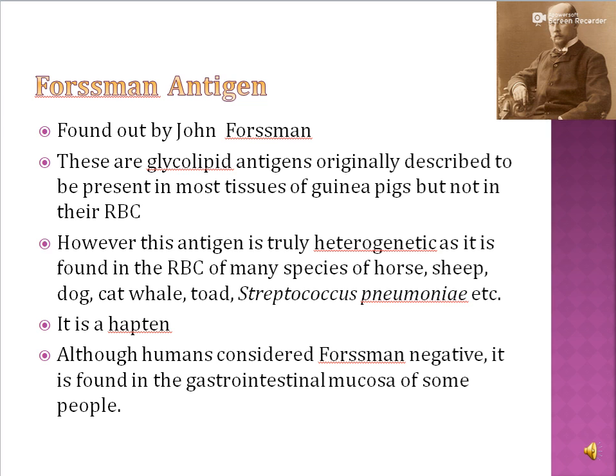And what does it mean? On the surface of most of the tissues of the guinea pigs, you can see this antigen, but it is not on the RBCs. And the same antigen is also found in the RBCs of horse, sheep, dog, cat, whale, and all, and serves as a hapten. Although humans are considered to be Forssman negative, it is found that the gastrointestinal mucosa of some people do contain the Forssman antigen. So, why has it been explained here? Because it is of significance, and it has been found to be commonly found in various types of